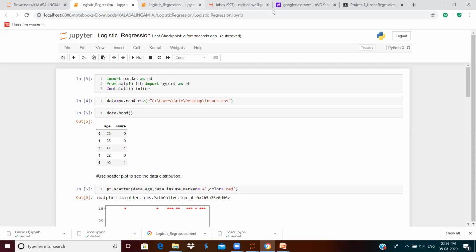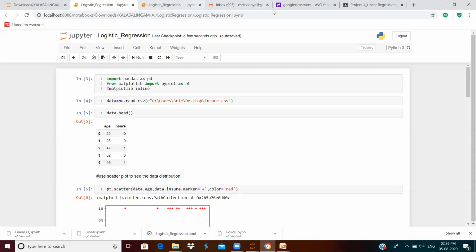See, this is our ages variable, the independent variable, and ensure is the Y variable, a categorical variable. It contains values as 0 or 1 only. 0 indicates false and 1 indicates true. It is a binary variable.